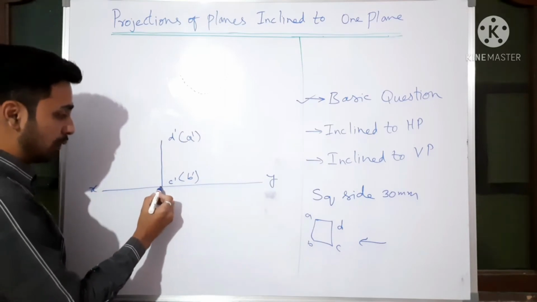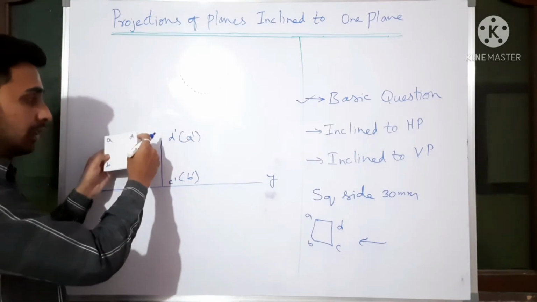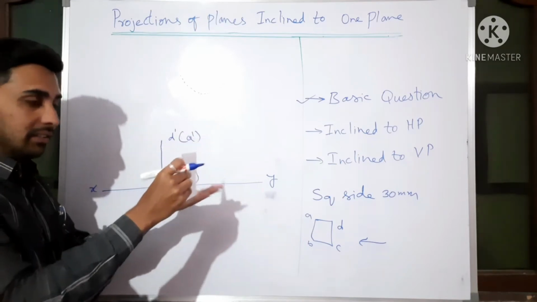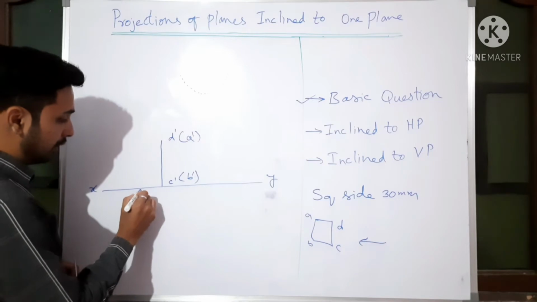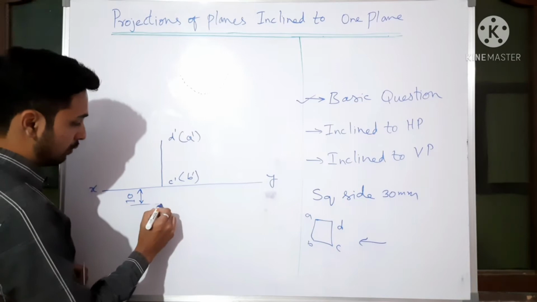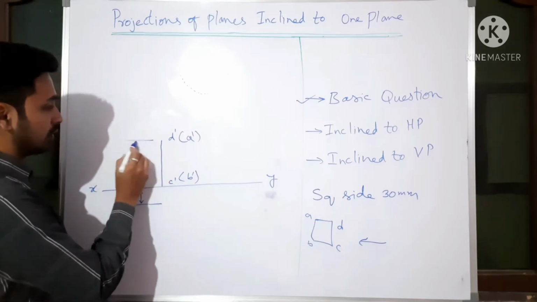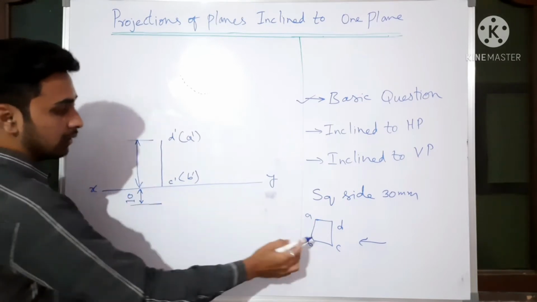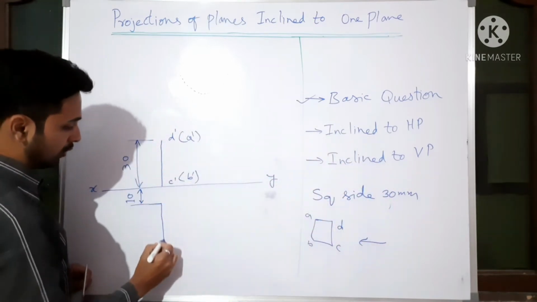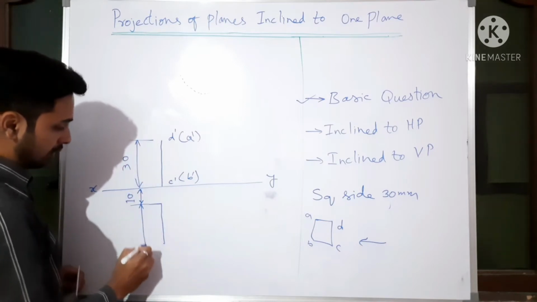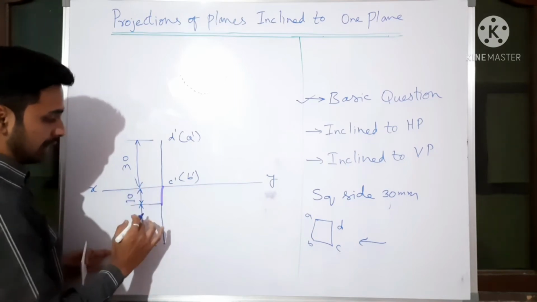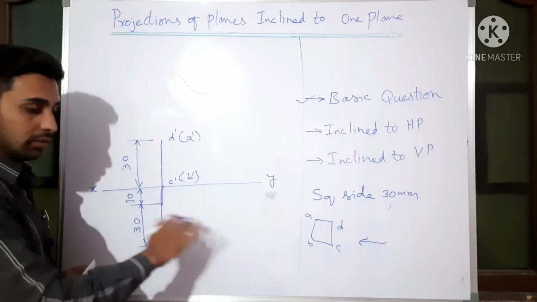Similarly, if you try to draw the top view, it comes here. If it is in front of VP by a certain distance and resting in HP, this is the position. If it is in front of VP like this, assume 10 mm in front, then we take it 10 mm away like this. So now the top view starts from here. The side of the square, how much is given? 30. We will assume any side, just for practice. So here also 30, same distance. One end is 10 mm in front of VP, that's why we have taken it here, and this is touching the ground, that is the horizontal plane.